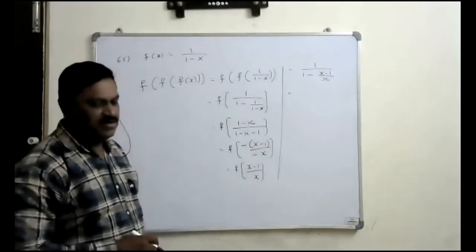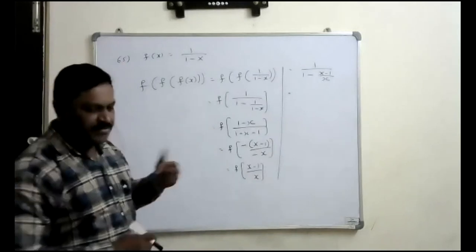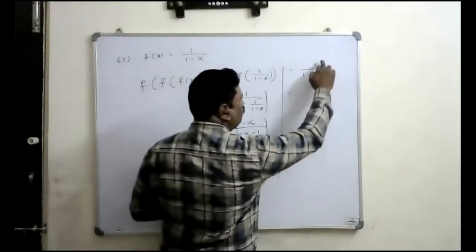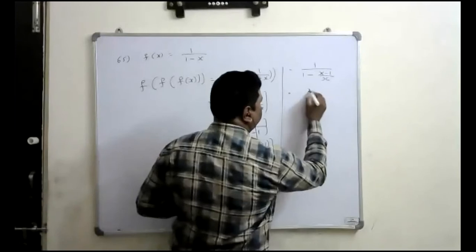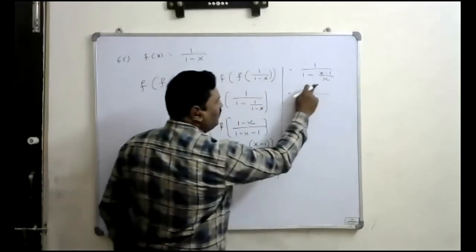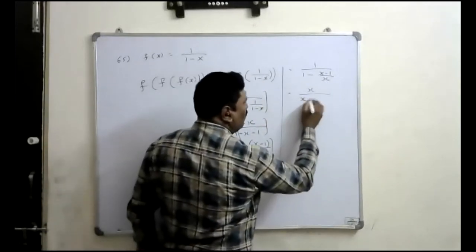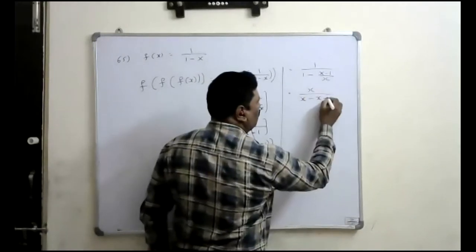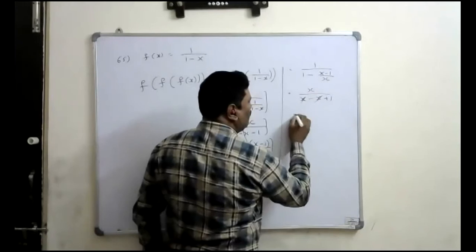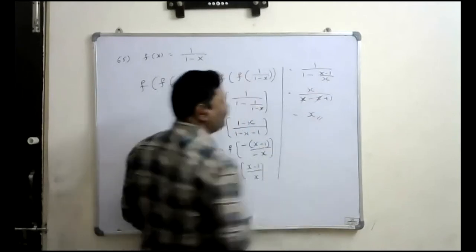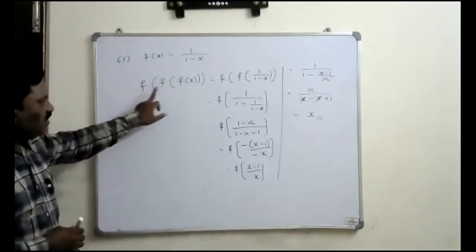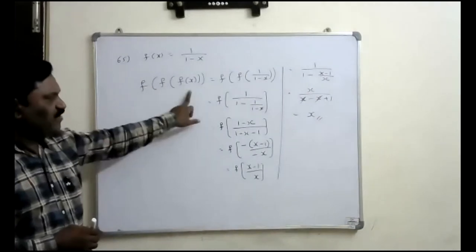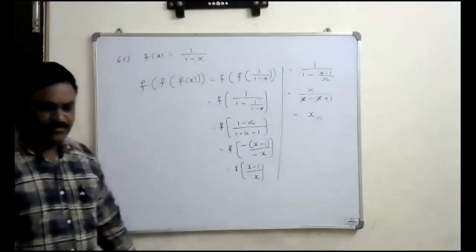Now we will simplify that. Here in the denominator, the LCM is x. That x comes to the numerator, x by. Now if we take the LCM, that x comes here, x. Multiplying by minus gives minus x, minus into minus is plus 1. Where x gets cancelled, therefore the answer is x. Therefore f of x value becomes x.